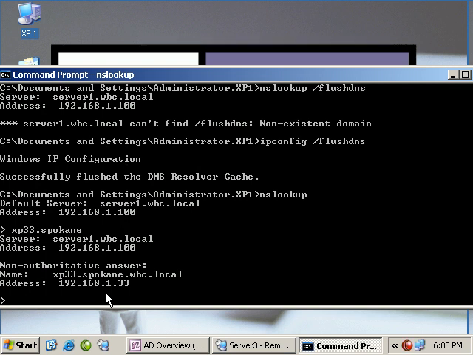Okay, now this time I do get a non-authoritative answer. And it tells me right here what the deal is. You're looking for xp33.spokane, and I shorthanded it here, but we could have just filled it out, .wbc.local. We always check with our preferred DNS server first at 192.168.1.100. That server did not know the answer. Okay, it's not able to resolve that host anymore, so it referred it to the machine that it knows that's authoritative for Spokane.wbc.local, who is that server 3 machine. Now notice we don't see that server even mentioned here, but that's okay because it gives us the answer that we were looking for anyway,